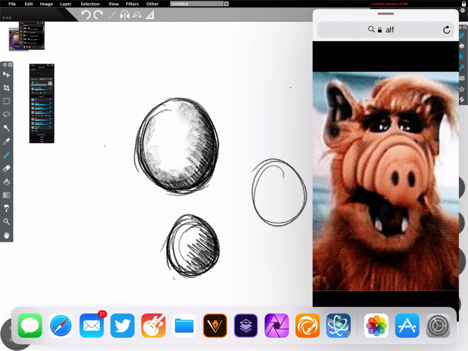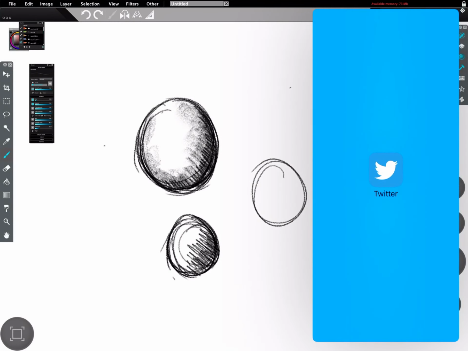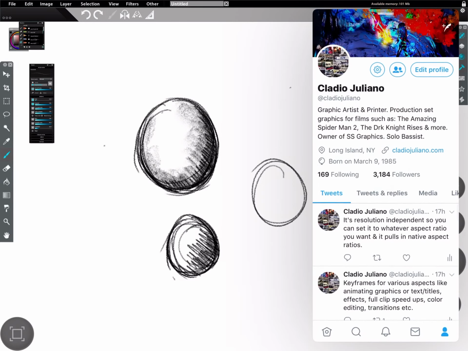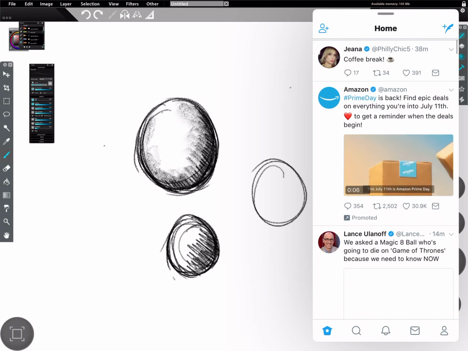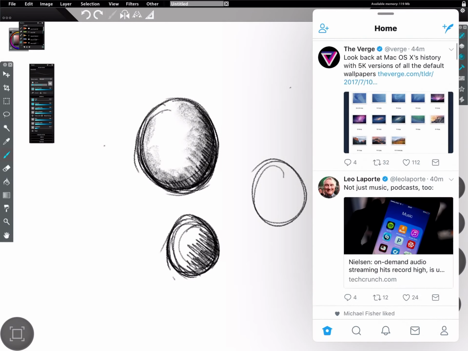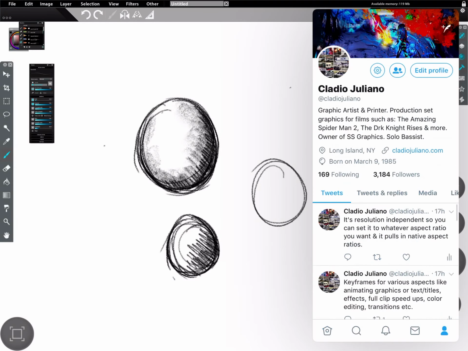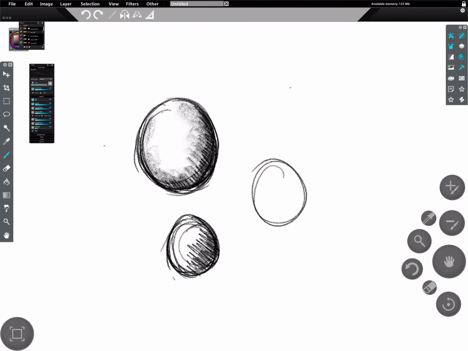Now, we can also come in, float another app in, and it functions in the same way. So if we were going to float in Twitter, we have Twitter here, and boom. We want to swipe it out of the way, we swipe it out of the way. Now the cool thing is,